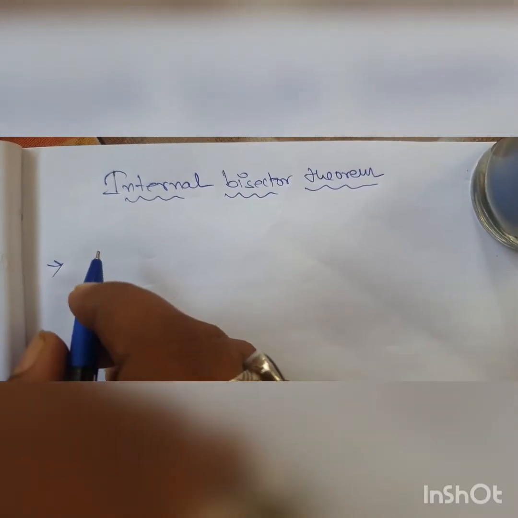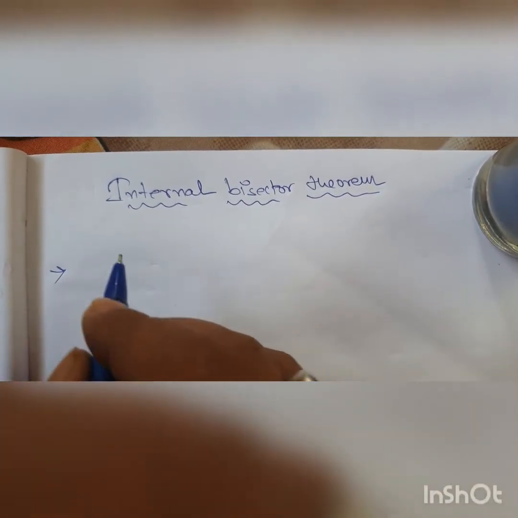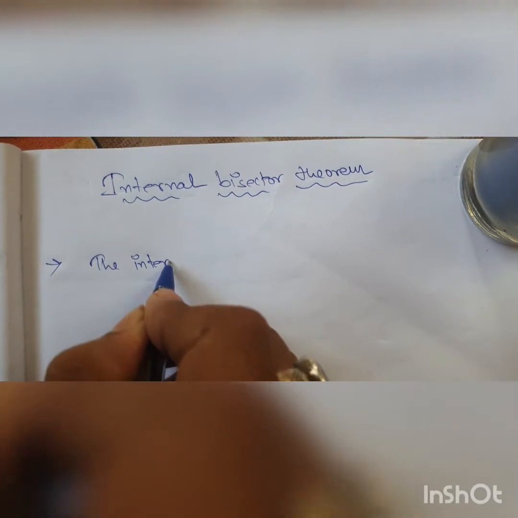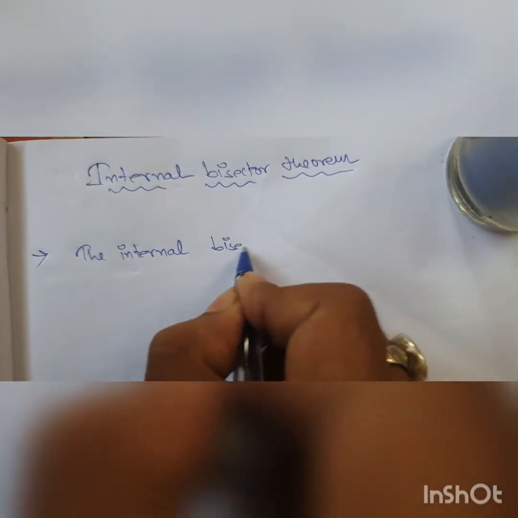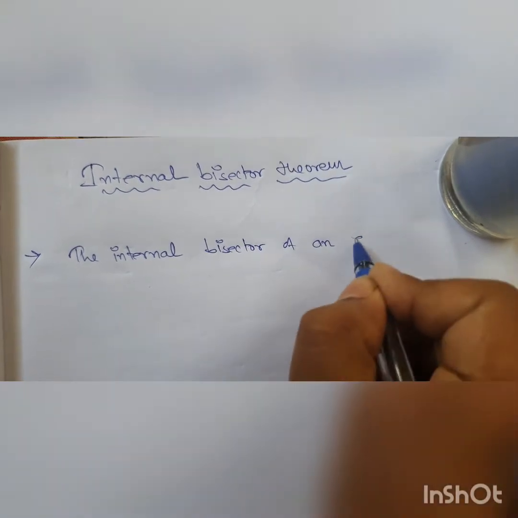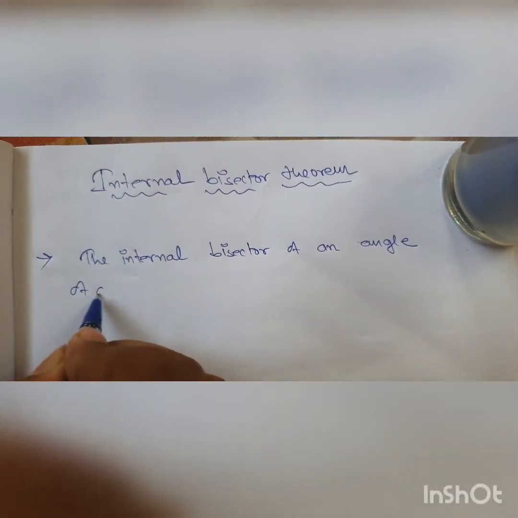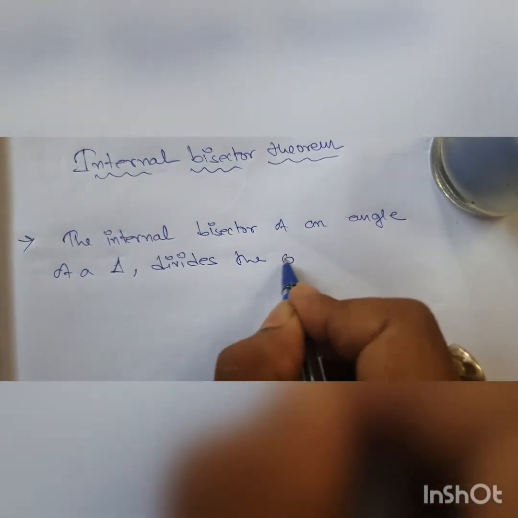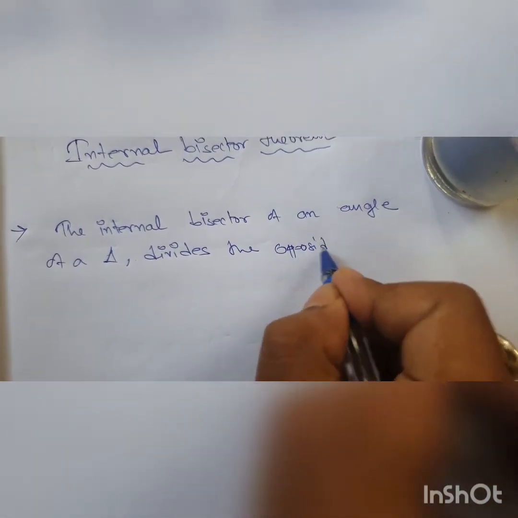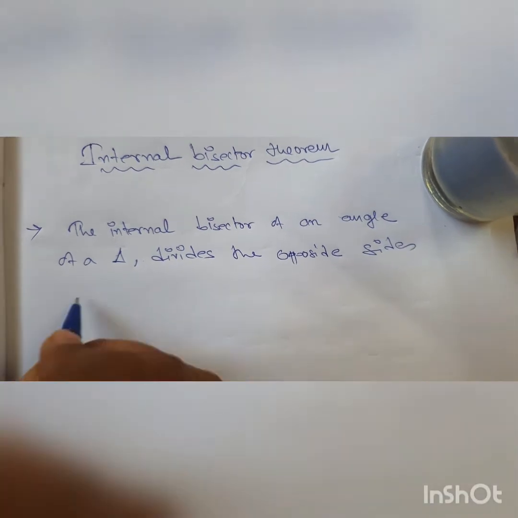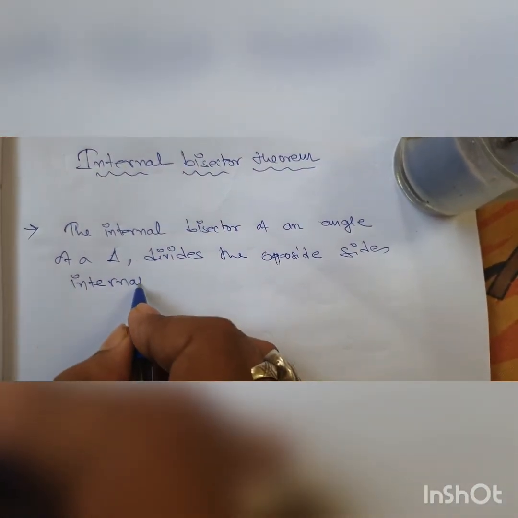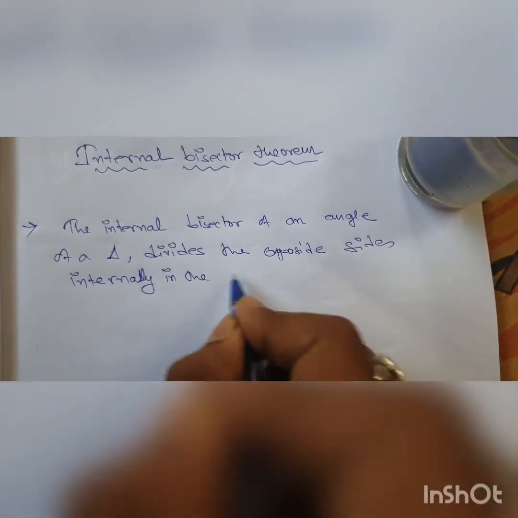Okay, today we'll do another part. This is the internal bisector theorem. The internal bisector theorem states that the internal bisector of an angle of a triangle divides the opposite side internally in the ratio of the sides